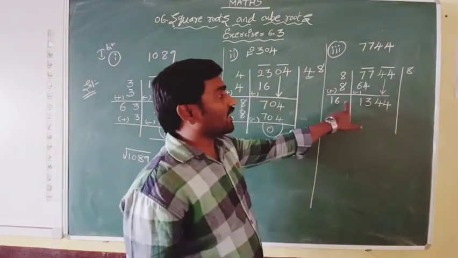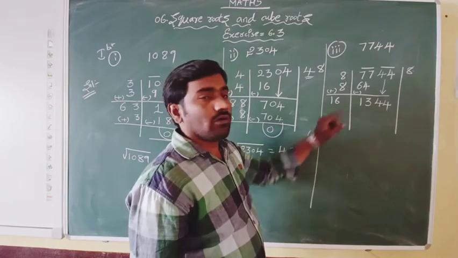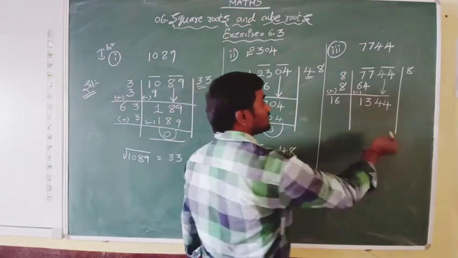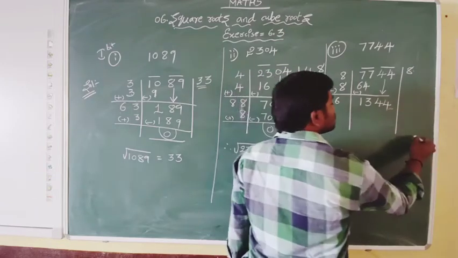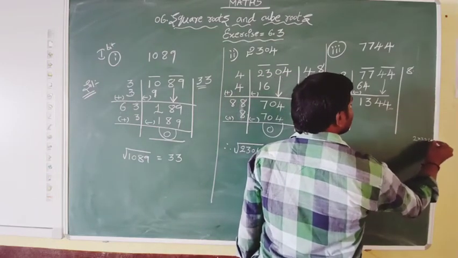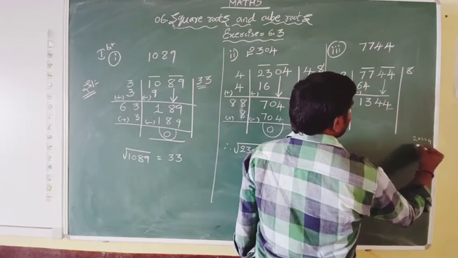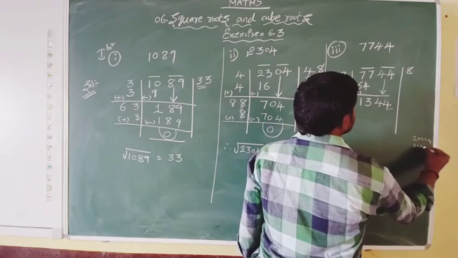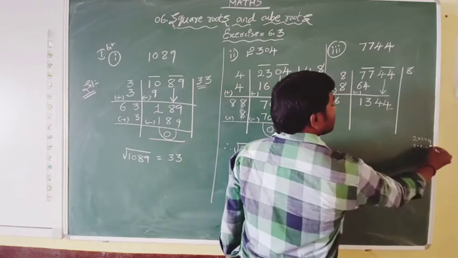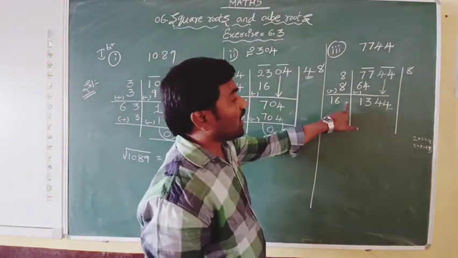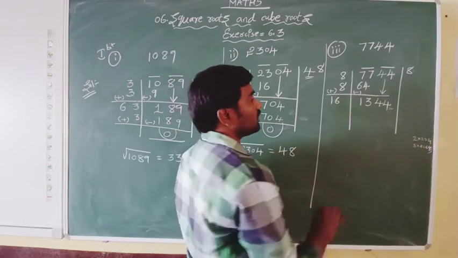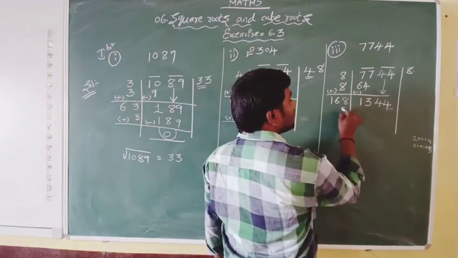So what number can I guess here now? Similarly, see that 4 I need to get. The last digit is 4. The last digit 4 I will get when 2 into 2 is 4, and the 4 I will get when 8 into 8 is 64. That means I get the pair when I multiply 2 or 8 here. So let me go with 8 and check once.